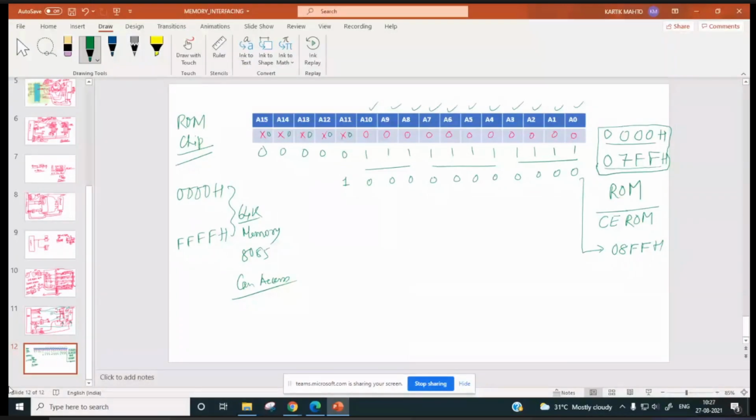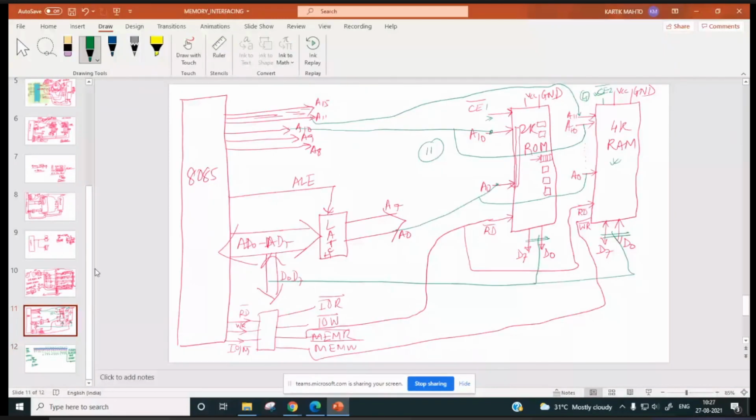Right now, if the address is 8000H, then data should not be coming from ROM, right? Now take the example over here. What is happening? A0 to A10 is connected to this ROM chip, so whatever address is coming via these pins will be decoded and it will select a typical memory location.